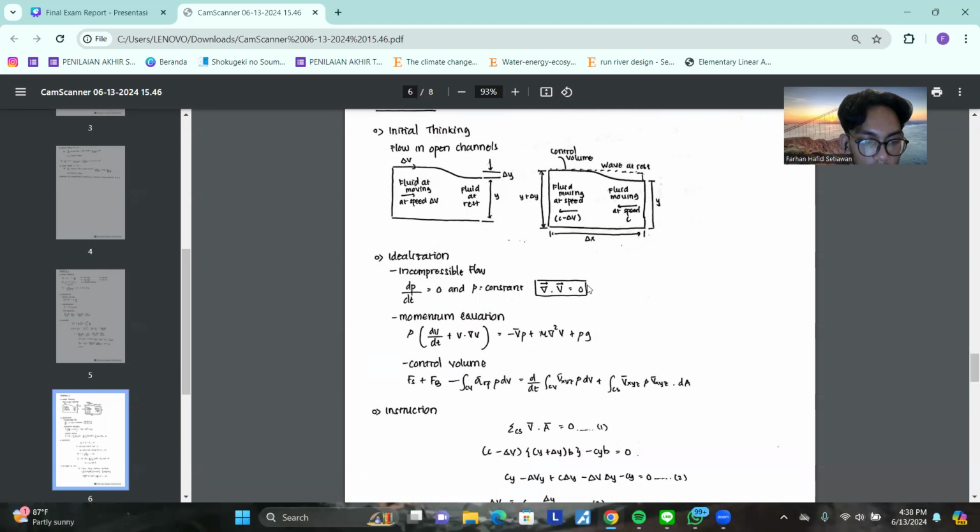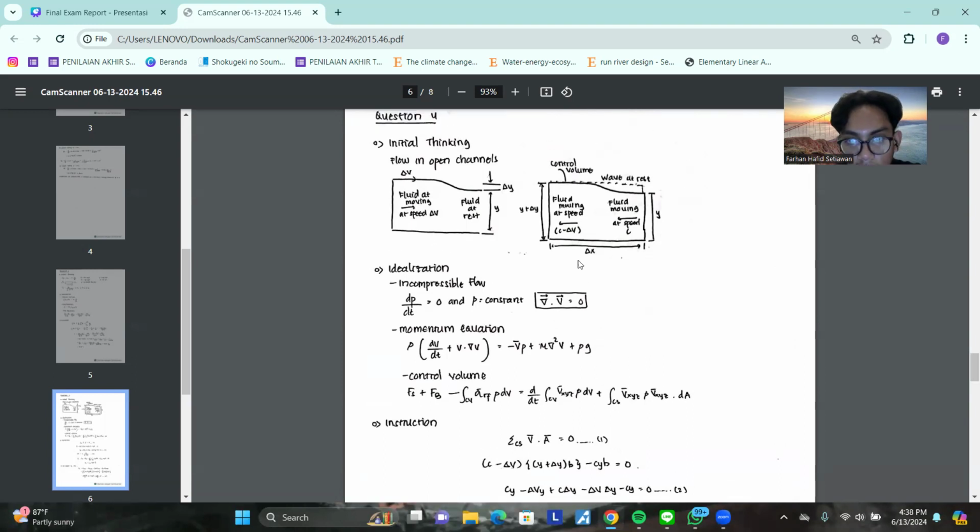For the control volume, we shift coordinates. Assumption number 2 is obviously valid for the liquid flow. Assumptions 3 and 4 are commonly used for all channel flows. Assumption 5 is valid in this case because the area is B times dx, which is relatively small, so the total friction force is negligible. So these 5 assumptions are valid.